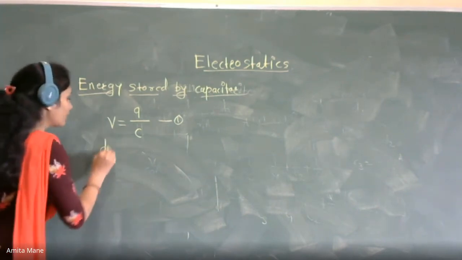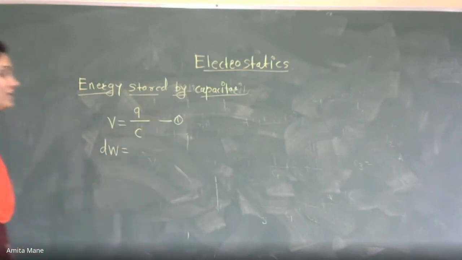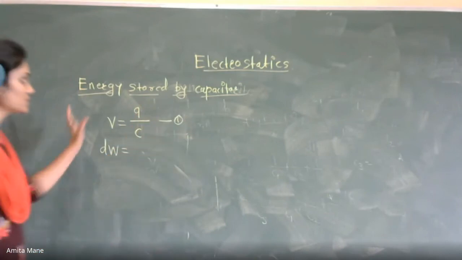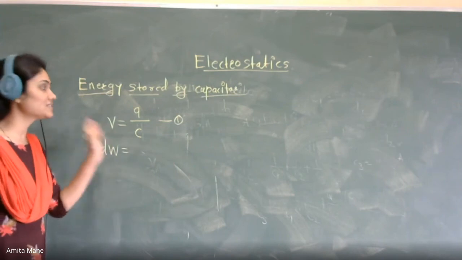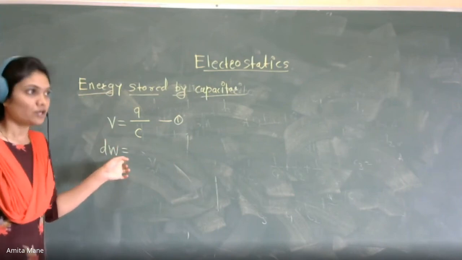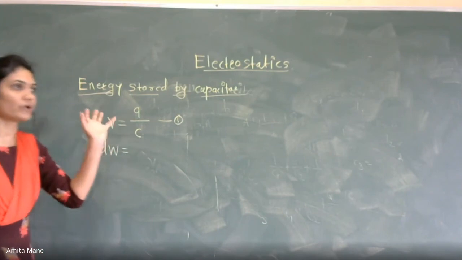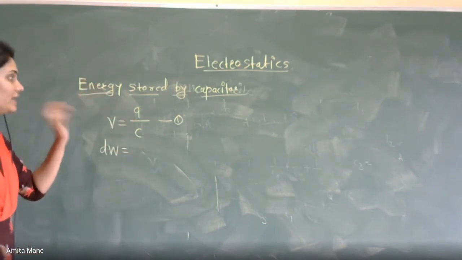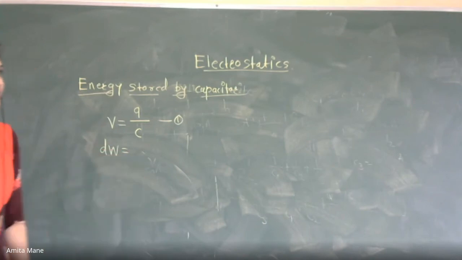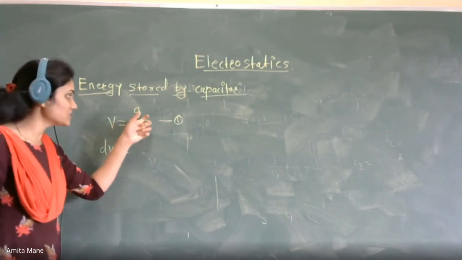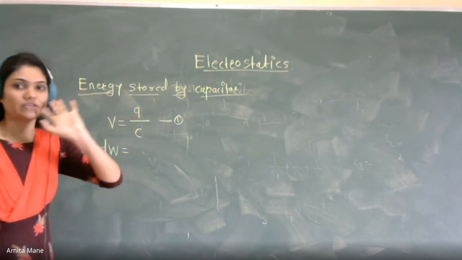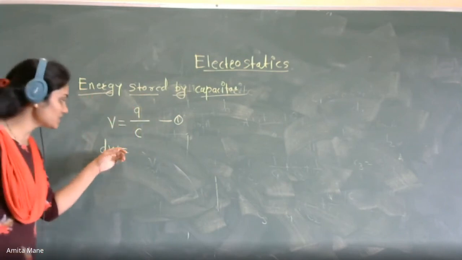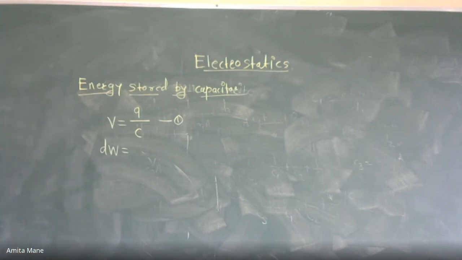Now while charging there is an electrical work done, okay, while the process of charging there is the electric work done to shift this charge from one point to another point। ये charging की process जब है, जब charge यहाँ से यहाँ तक हो रहे हैं, at that time there is an electric work done and as we have considered the small charge, एक छोटा सा charge consider किया है, so consider the small work done, इसके लिए work done भी क्या consider किया है dW, small work done, and it will be